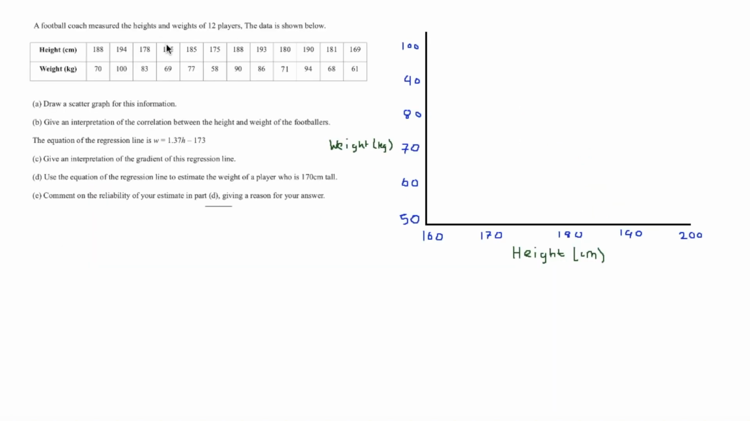So here we have a question linking to a scatter graph. It says that a football coach measured the heights and weights of 12 players, and the data is shown below. So let's draw a scatter graph for this information. In order to do this, all we have to do is look at the height. For example, for the first one we have 188, that's around there, and we have a weight of 70, so we just plot our point. Then 194, and then 100,